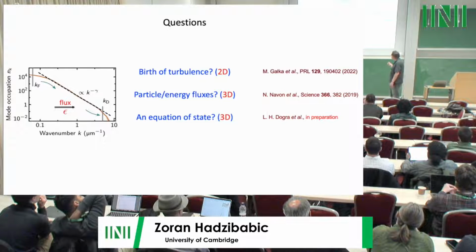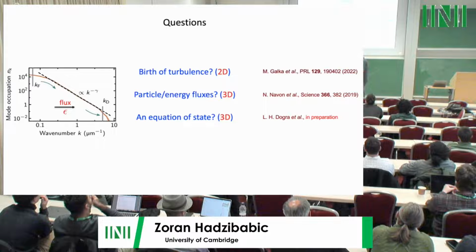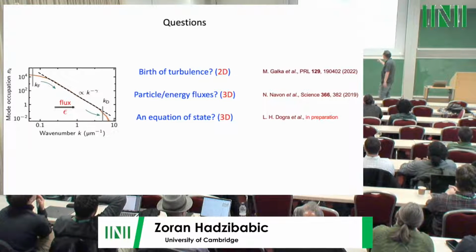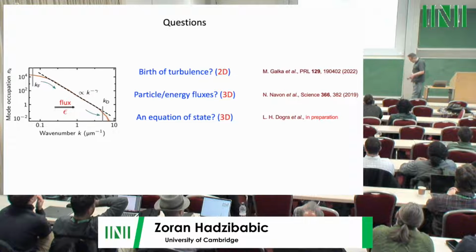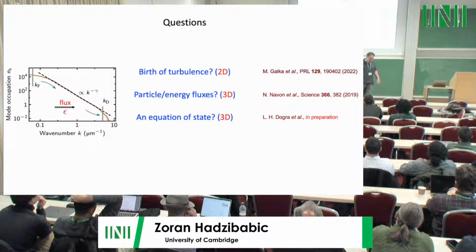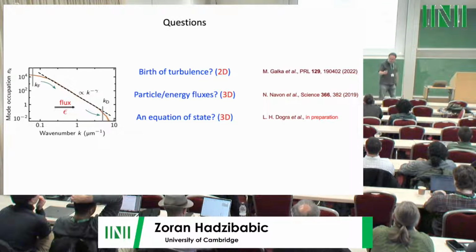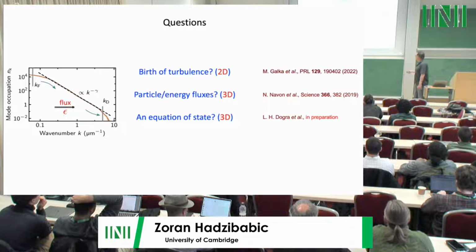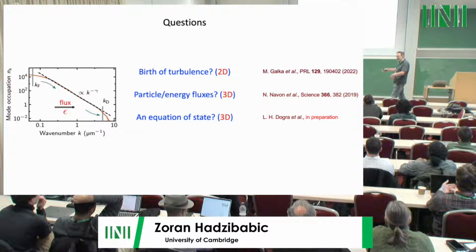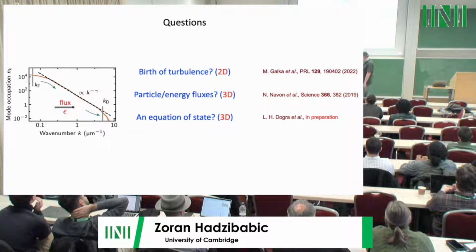And then the third thing, which is still unpublished work led by Lena, is that using all the tools we have, we're going to try to construct some kind of equation of state for this far from equilibrium system. So some kind of succinct equilibrium-like description of this far from equilibrium system. Now, for some of you, when you see what I mean by that, you might not call it an equation of state. You might just call it an equation, because it might be your daily bread and butter. But in the more general context of non-equilibrium systems, we call it equation of state.